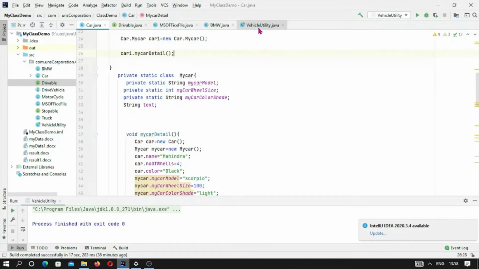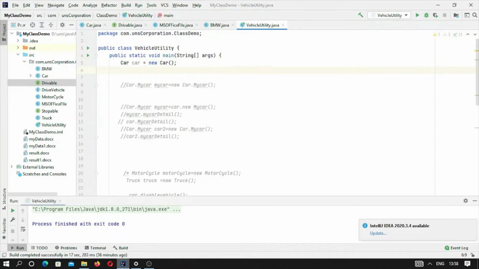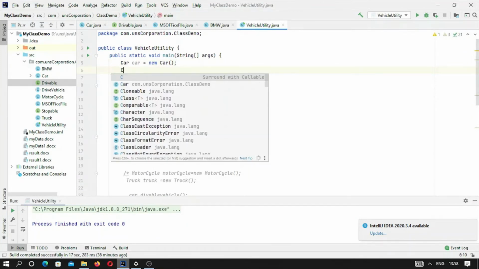So let me try to create an instance of the class. Here the outer class is created, and since the inner class is static, it will be called with the class name. This is the outer class name.